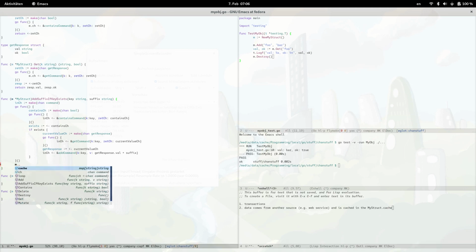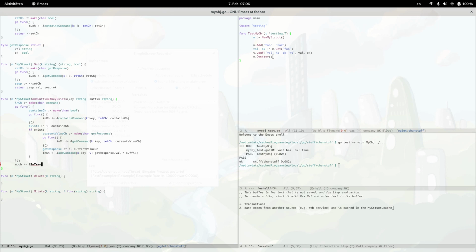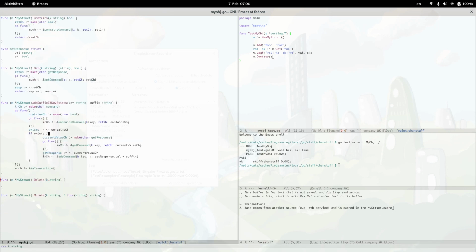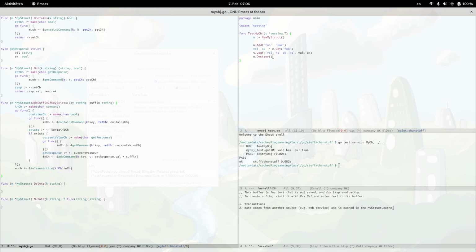So m dot channel at in transaction. I think I made it small. So I did. And the only thing we have here is a channel, in channel. And then after this is performed, so here at the end of the go func, we close the in channel,